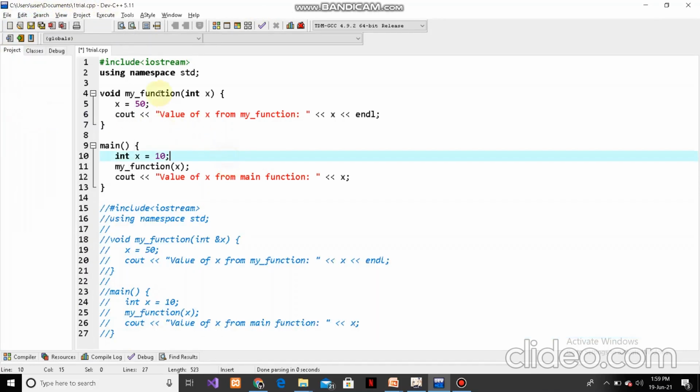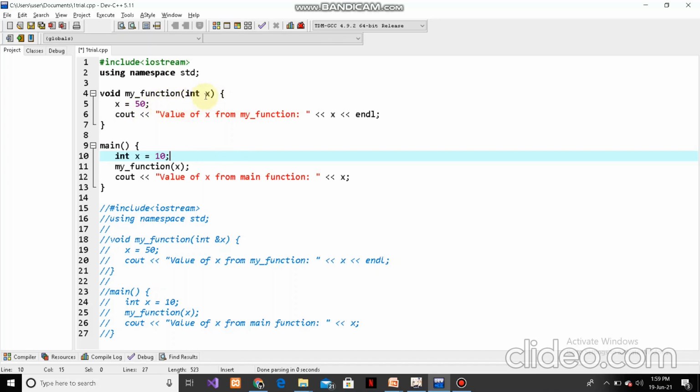You can see there is a library and the standard namespace being written. The function is written in which the actual value is given. However, in the main function the value is deferred and it is changed to 10. So it will be calling the same function, my function, but the value will be in the memory.